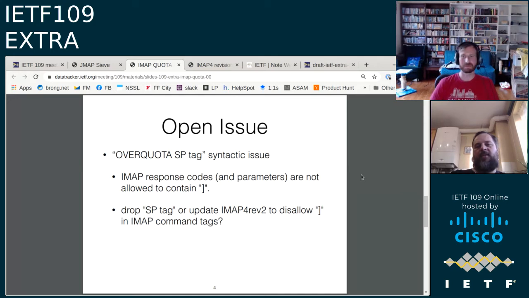Yeah, I suppose we can say that it will work most of the time, as in, unless you have a stupid tag, it will work. OVERQUOTA has actually two forms. One is just OVERQUOTA with no tag. It means, for the current operation. And OVERQUOTA with a tag is for cases where you're moving a message from one mailbox to another. You want to know whether your current one is overquota or the destination one, so it helps a little bit.